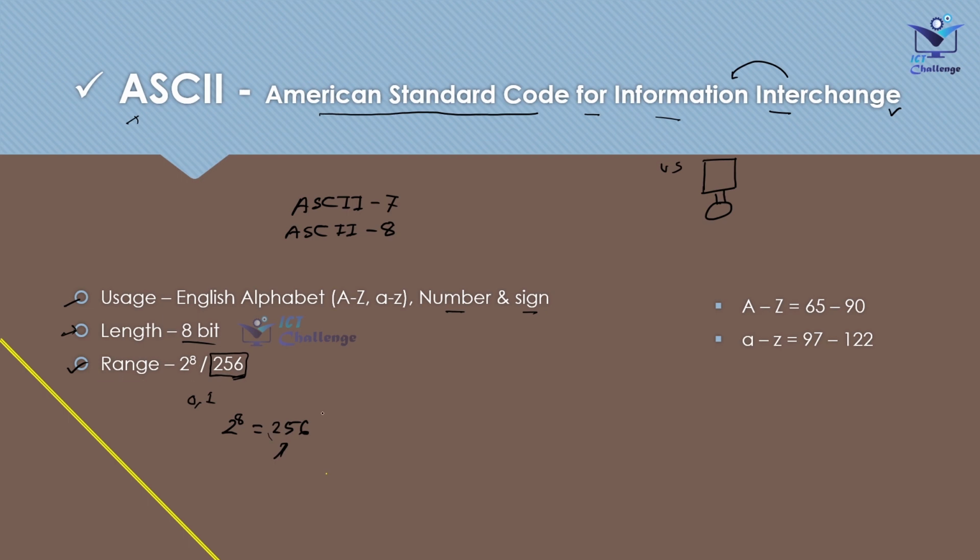You will get this question in your MCQ. Also you can find the question, what is ASCII, explain it. Then you have to explain the use case, the length and the range for this ASCII number system. And you can also be asked a different question like